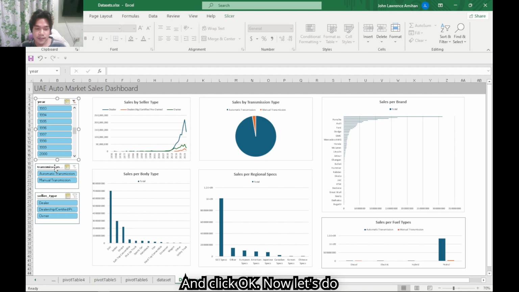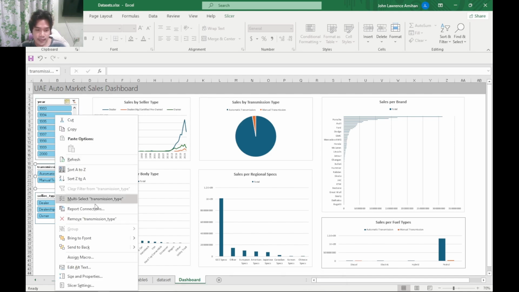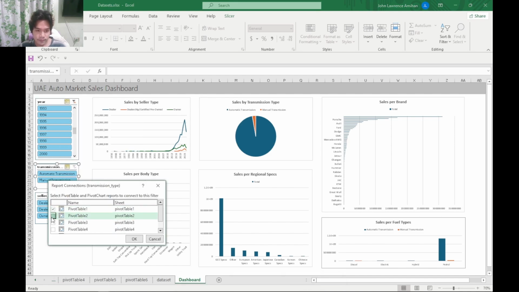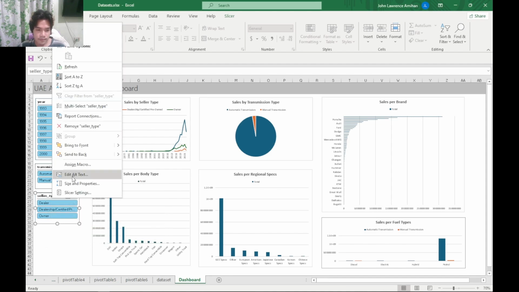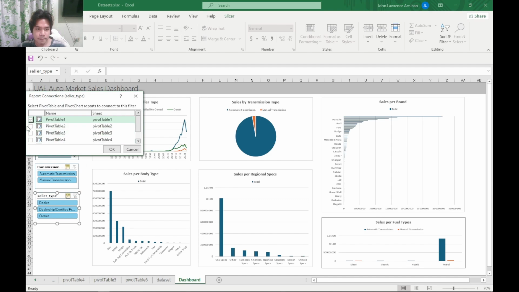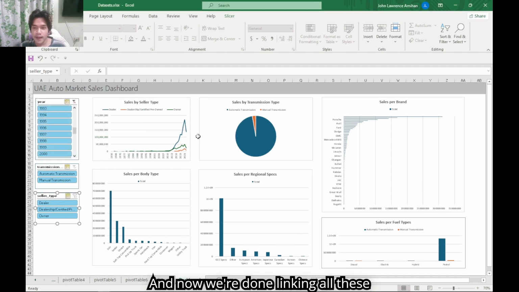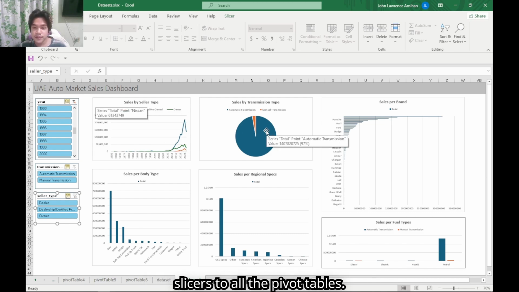Now let's do this to all. And now we're done linking all these slicers to all the pivot tables.